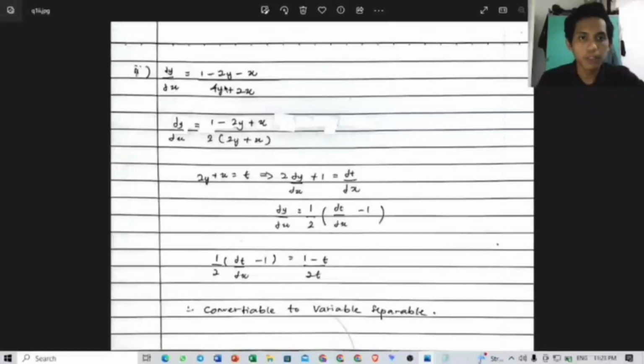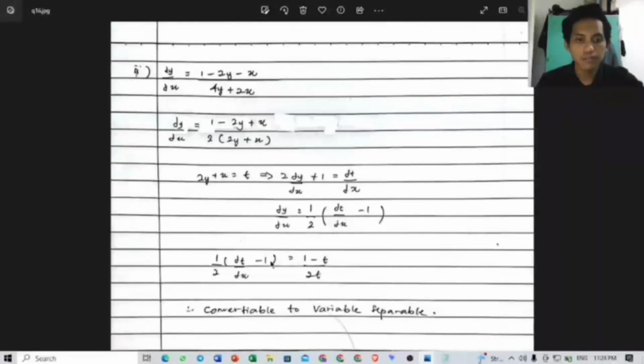First we must factor this 4y plus 2x to 2 bracket 2y plus x. Then we can see this is t, where x is 1, so it gets 2 dy over dx plus 1, so it is dt over dx. So dy over dx is 1 over 2 bracket dt over dx minus 1,